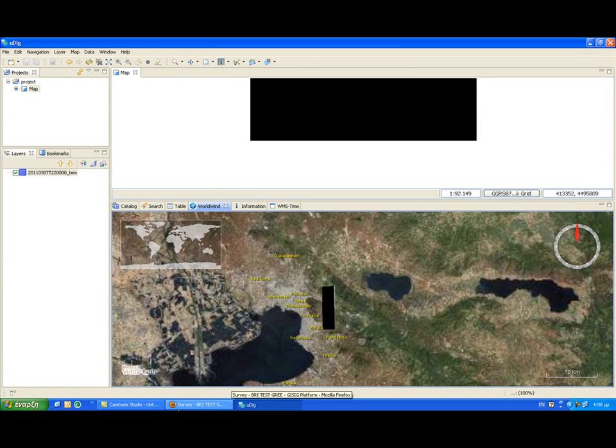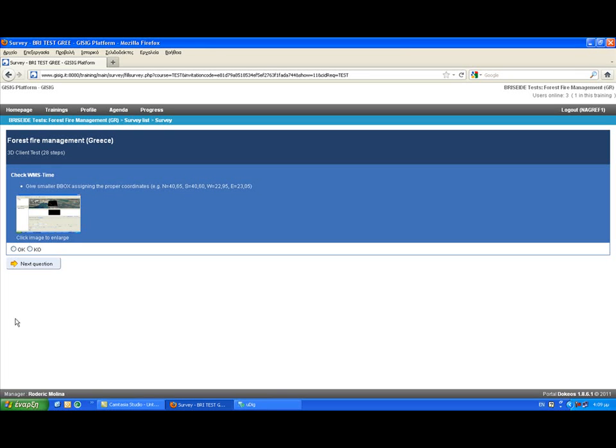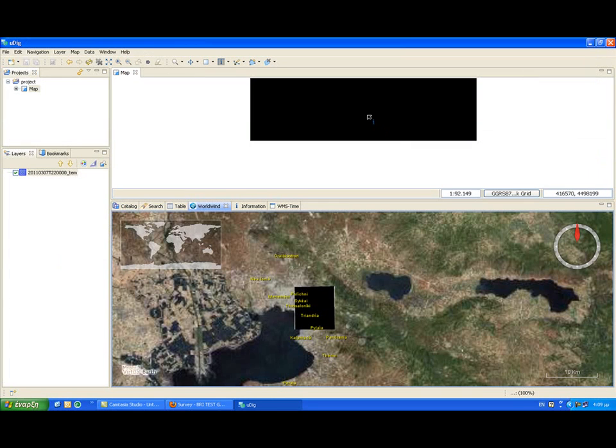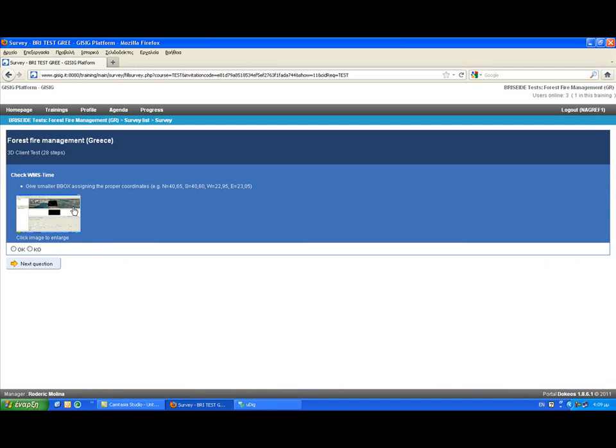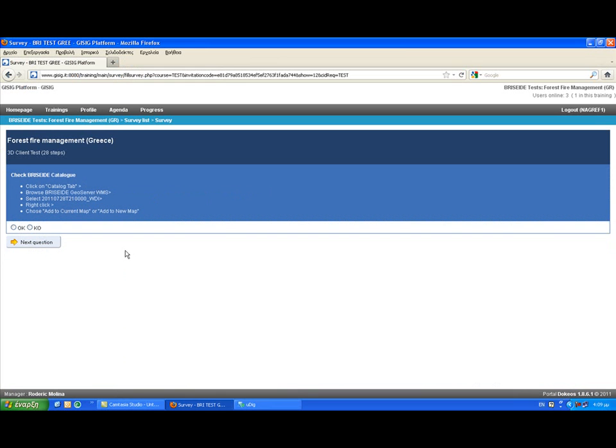and after doing that I turn back and I OK this. Okay, yes, it's black, so it shouldn't be black, it should be correct with a smaller bound box of the temperatures, so it is another bug here. And also in the testing it should give some direction in regard to what is expected to be seen here. So KO on this. And next question, check preset the catalog, click on catalog tab, and so I go and